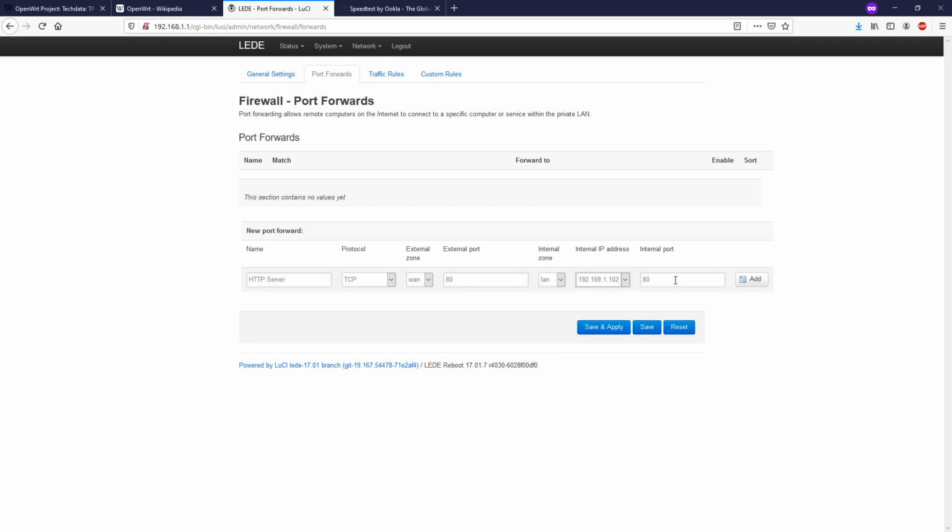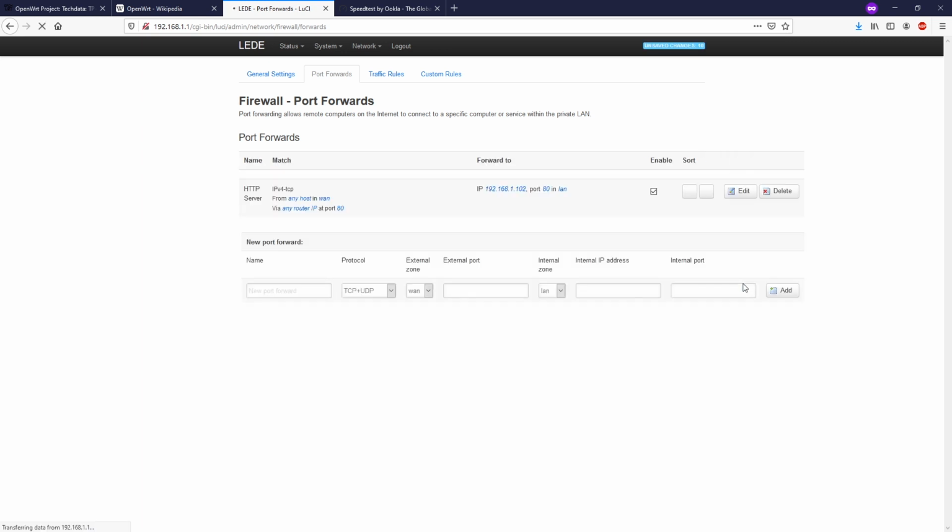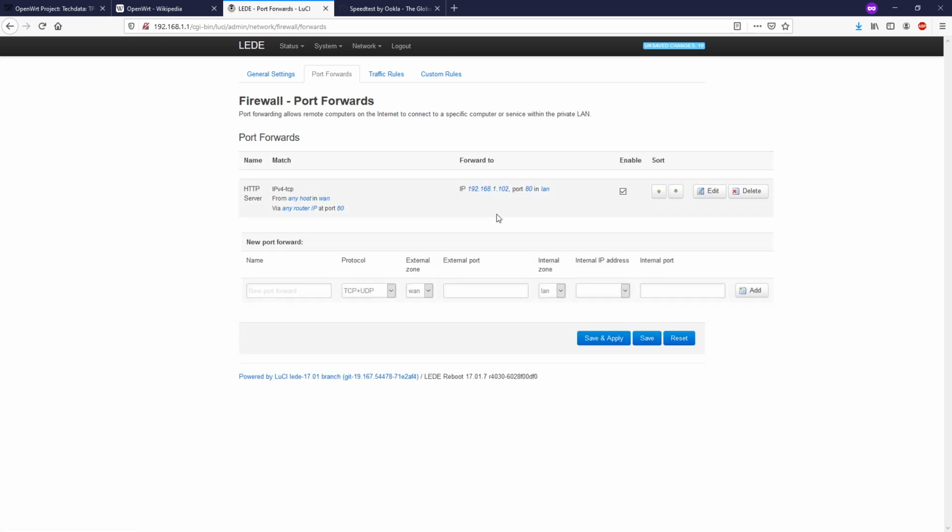192.168.1.102. And what will be the internal port? In my case, I will just use 80 as well. So I just leave it there and click add. So we have just created the first port forward rule in the firewall, which allows access from any network outside of your router via port 80, and all the traffic will be forwarded to your internal client host